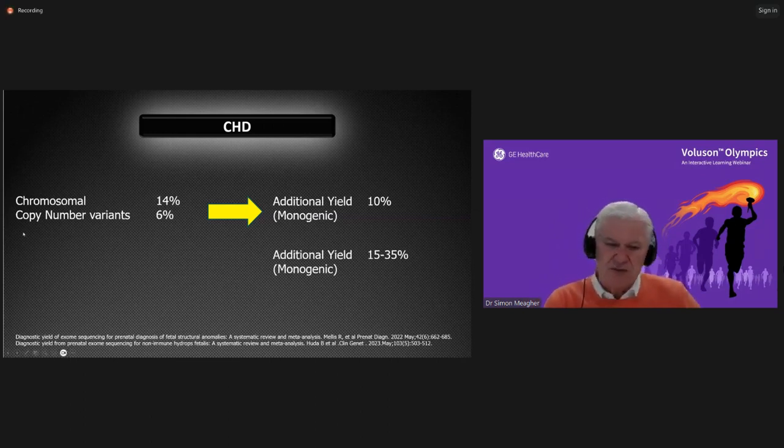So we know that about 20% of all prenatally detected cardiac abnormalities, 1 in 5, will have a genetic basis to the abnormality. But what's more relevant for 2023 going forward is that more recently data has shown that there is an additional yield of 10%. That's very important, of 10% of monogenic disorders. So having excluded chromosomal aneuploidy and copy number variants, an additional 10% will have a monogenic basis to the